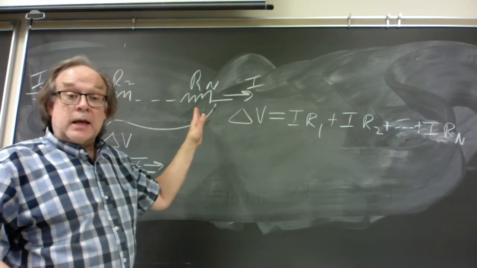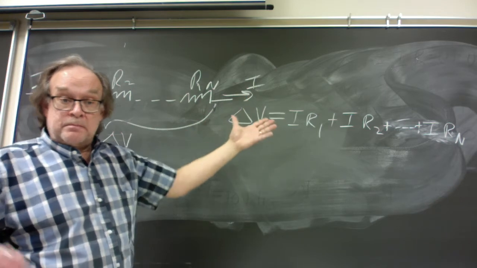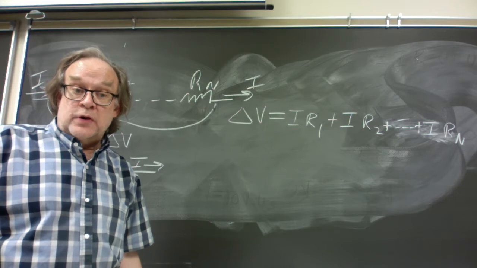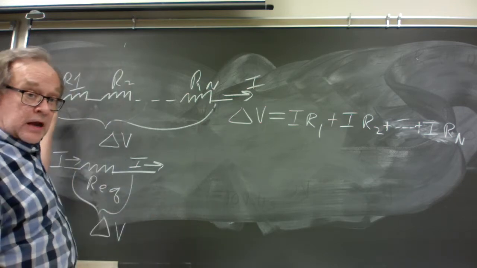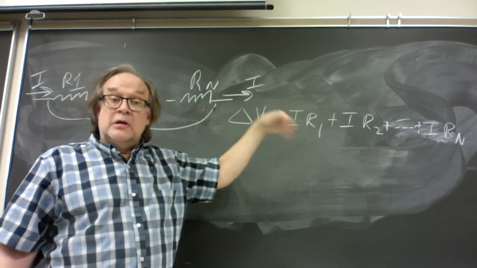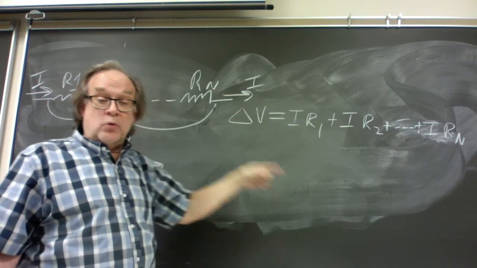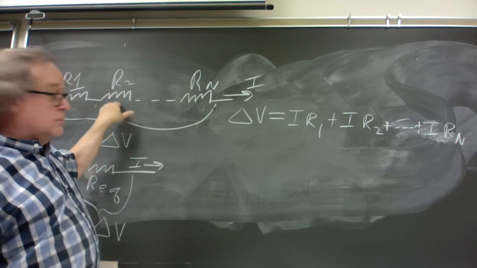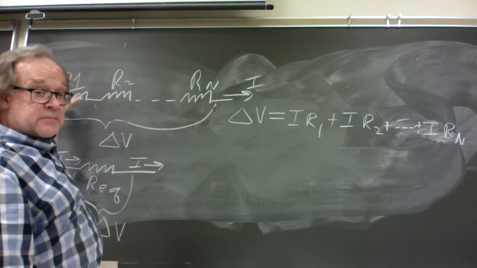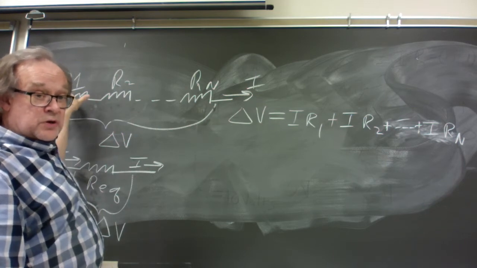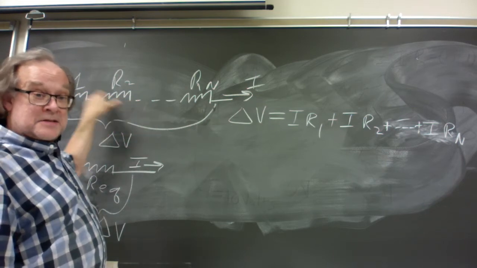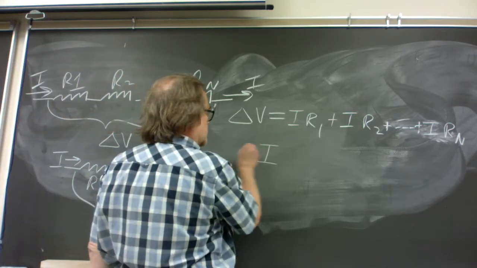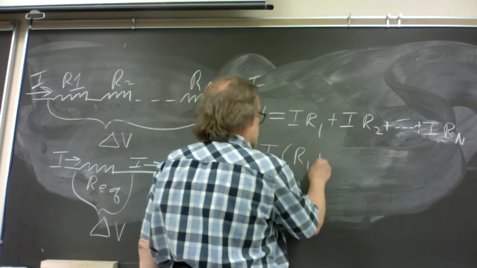There's a factor of I in every one of those, which is just because of the conservation of current principle. Everywhere in one particular path, current is the same at every point. Current passing through here is the same as the current passing through here, even if this has 1,000,000 times more resistance than this, the current passing through here is not any less than the current passing through here. It's the same current. So you factor out that current, and then all you're left with is a sum